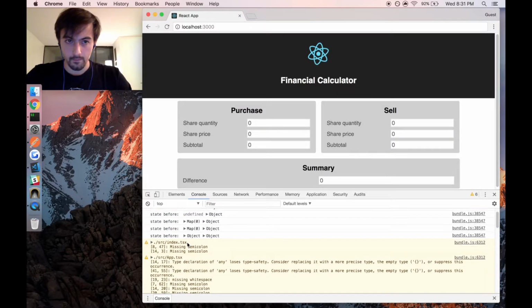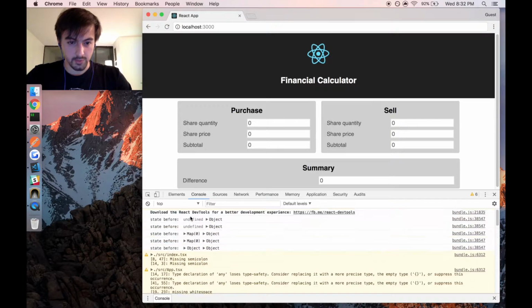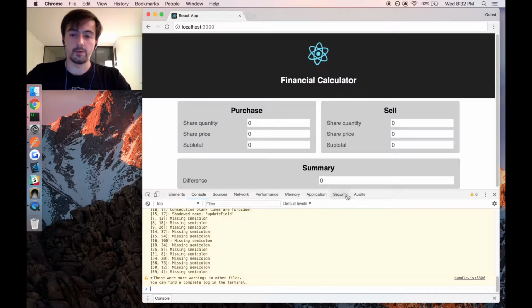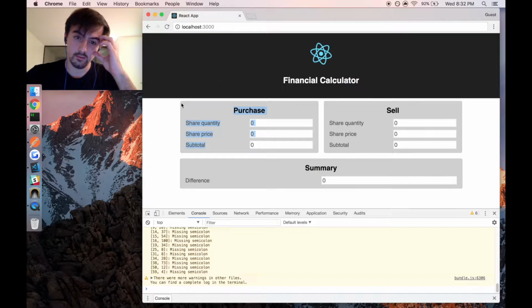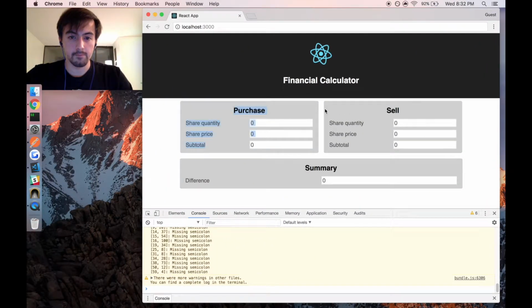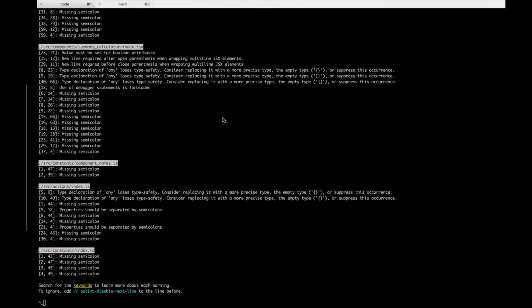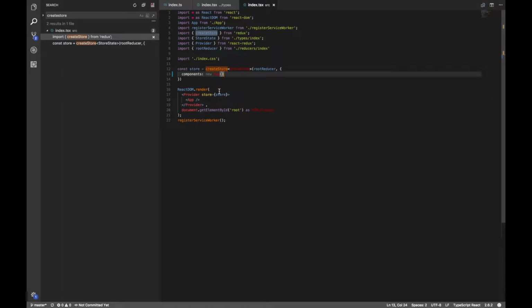So, there are some complaints about semicolons, but they're all warnings, nothing to worry about. In order to create tabs, we're going to have to create them dynamically. Let's create a button such that when we click on it, like add new component, add new tab, it'll create a new tab. We'll do that in the